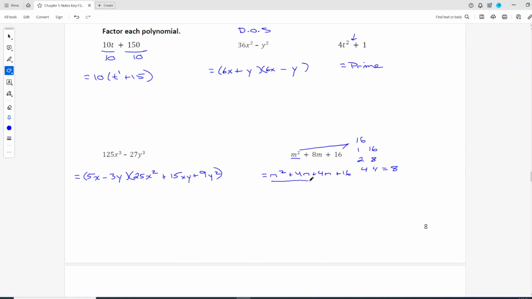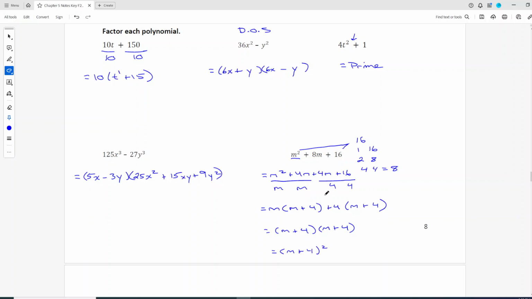Then I'm going to factor by grouping. First group, I can take out an m. I'm left with m times m plus 4. Out of the second group, I can take a 4. I'm left with 4 times m plus 4. And then I've got that common bracket of m plus 4. I'm left with an m plus 4, so I can write this as m plus 4 all squared, which means